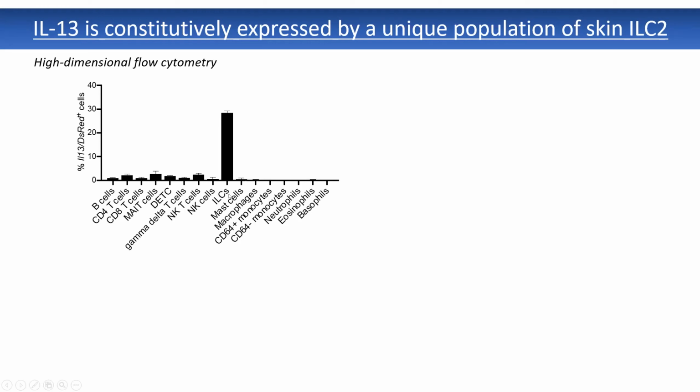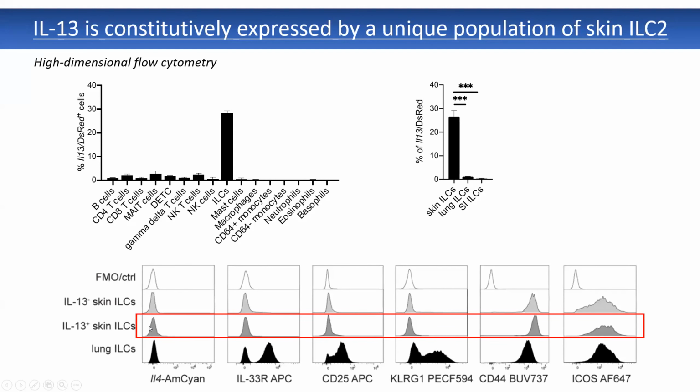And at the steady state, it was very clear that ILCs were the producers of IL-13 in the skin, and that skin ILCs were uniquely producing this IL-13 at the steady state, whereas ILCs from the lung or from the intestine from those same animals did not express IL-13 at the steady state. When we phenotyped those IL-13 positive ILCs in the skin, we could further identify that they were not producing IL-4, but only IL-13, and that